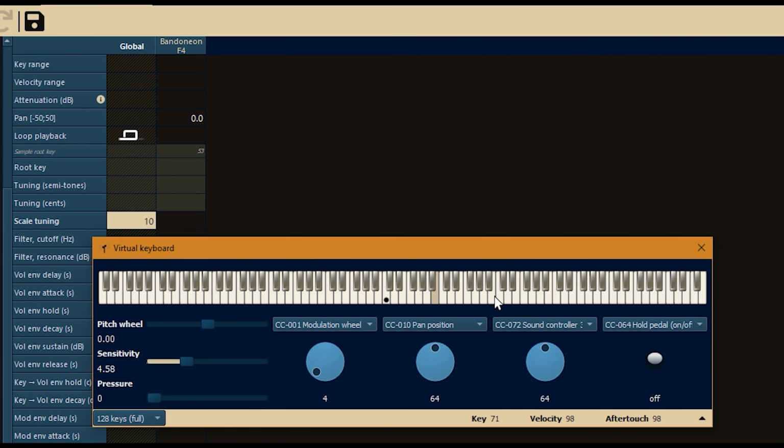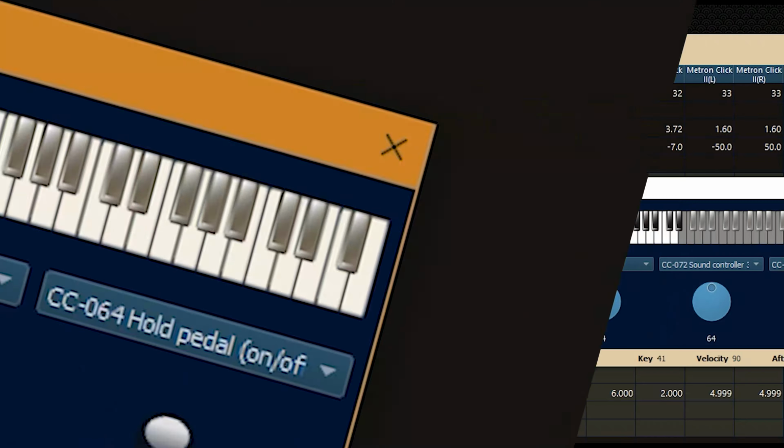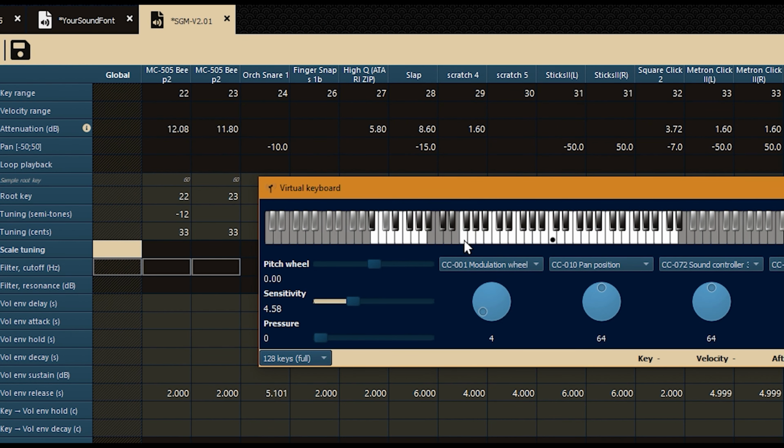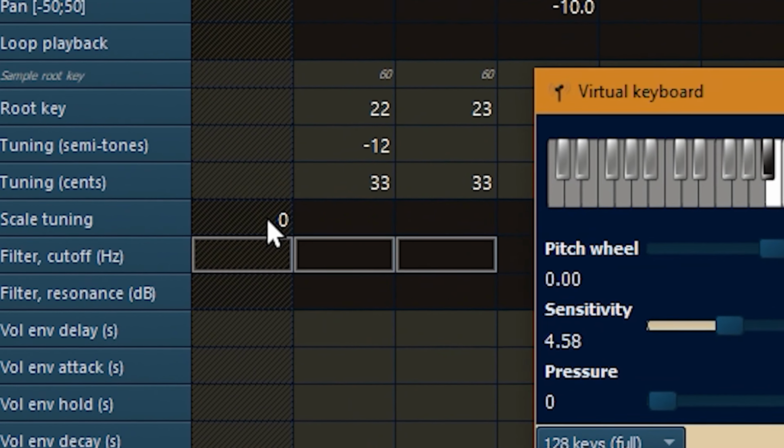You can do whatever to this parameter if your current instrument is a sound effect or a percussion instrument. The famous SGM 2.01 soundfont uses a 0% scale tuning in its drum sets, so there is nothing to worry about wrongly pitched drums or cymbals, since 0% scale tuning means that there is no pitch difference between the keys and the sample is not being pitch shifted with reference to its current position on the keyboard.